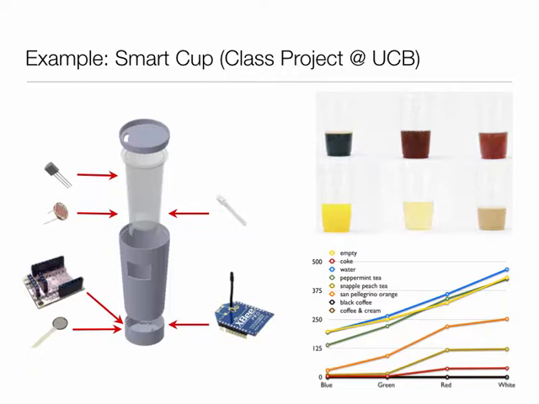In this particular case, I felt it was a pretty cool project. They use some light color sensing to identify the type of fluid which is there, whether it's wine or water or milk, and then they give you at the end of it, on an app on your phone, how much of what you drank. It's not simply how much fluid you took, because some fluids are good, some are not. They classify it essentially with a spectrometer, if you may, a very simple one, and the volume they sense by some sort of level sensing and combine it together.